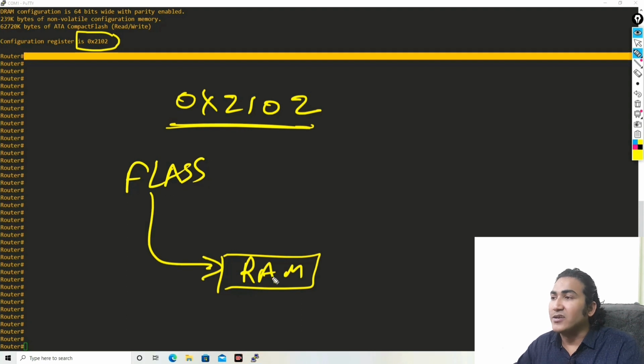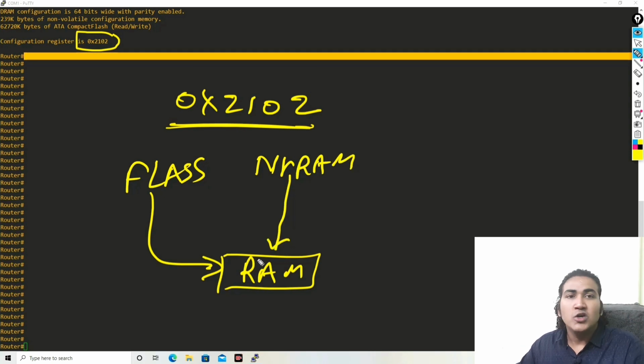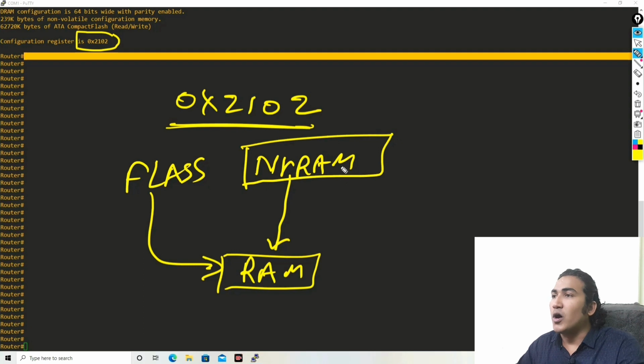RAM, and then your router will store startup configuration in RAM. Your router will store NVRAM, right? NVRAM in RAM. So that's the reason when your password is saved in NVRAM, when your router copies the startup configuration in RAM, then definitely the router will ask for password. Fine. But if I change the configuration register value, if I will set